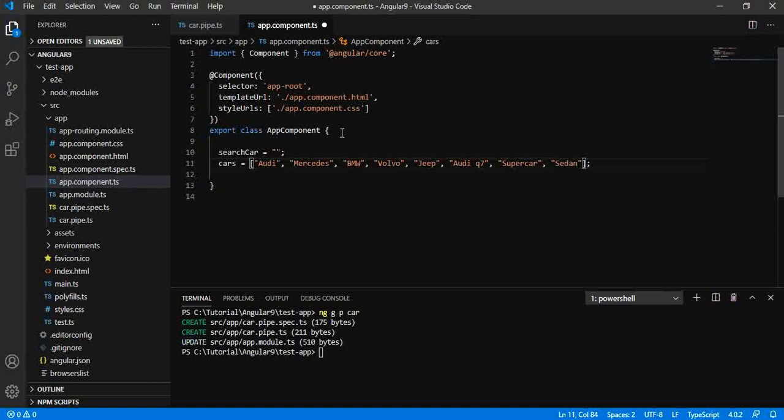Suppose that we have the list of car names. And we have a method changeValue.